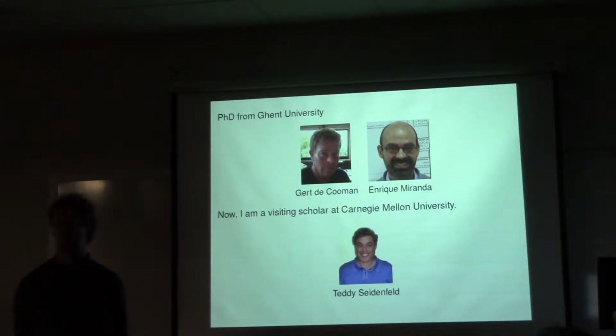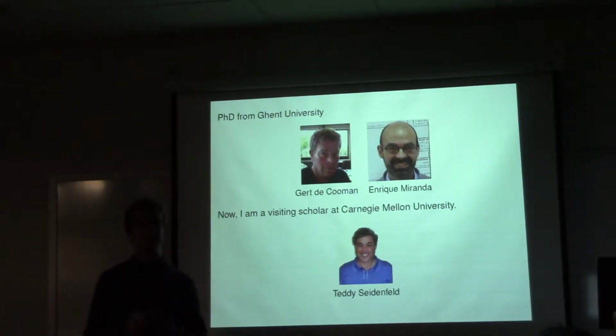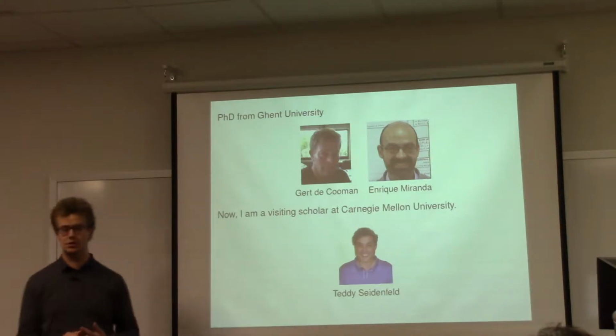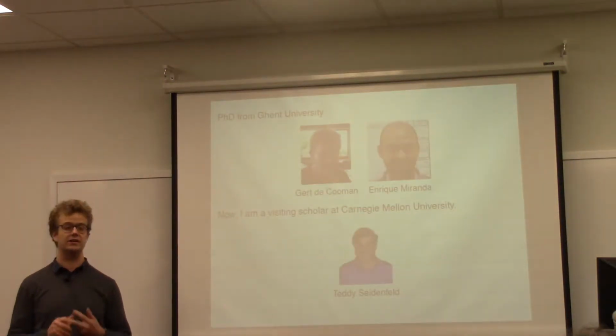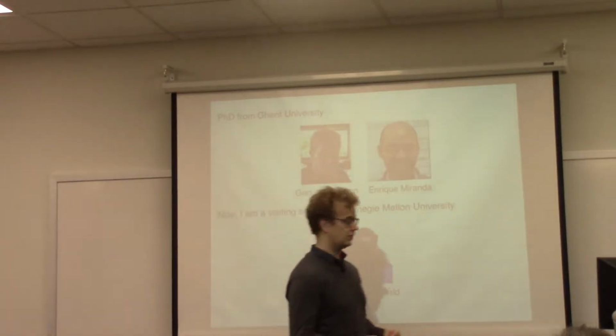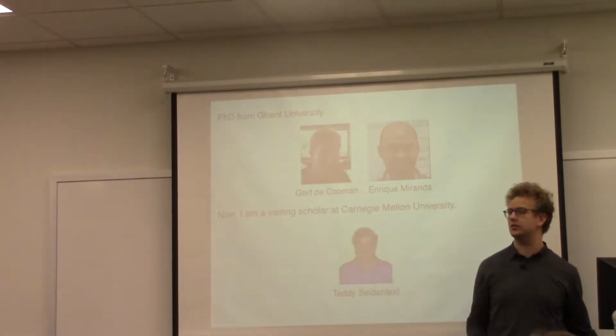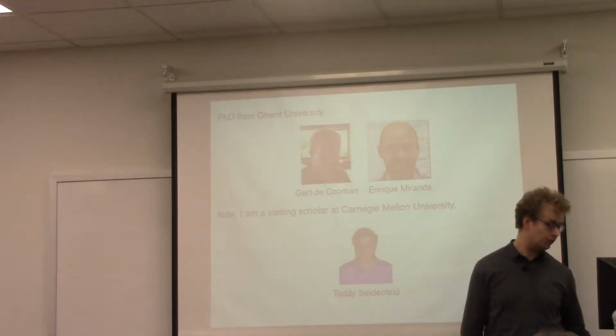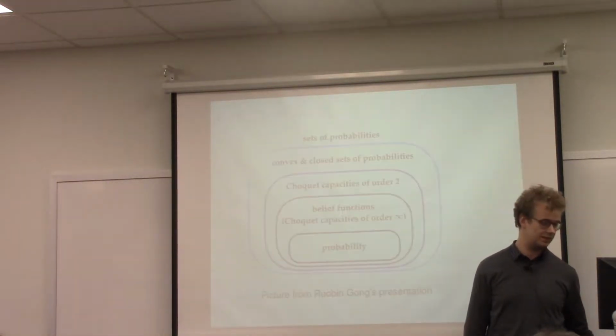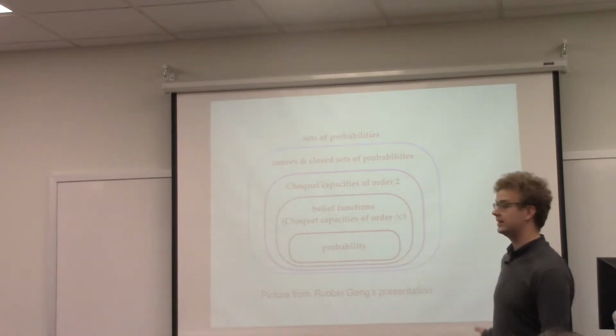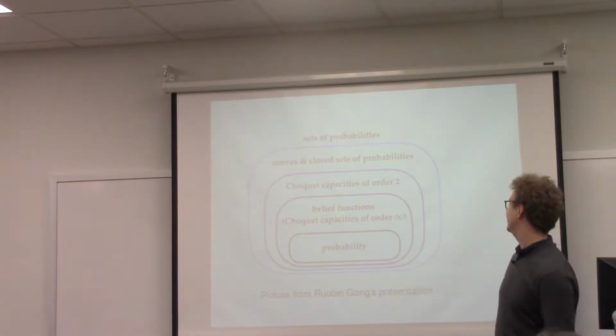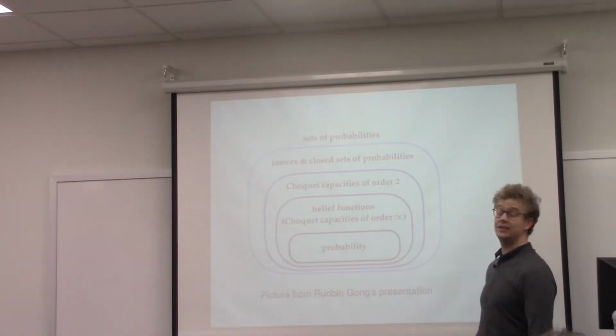So now, what do I want to talk to you about today? I want to talk about choice functions, and an important special case of it, sets of desirable gambles. I want to argue that choice functions and sets of desirable gambles are very elegant, intuitive, and simple models to describe your uncertainty. So they are very easy to work with. In order to put this in perspective with the other theories of imprecise probabilities, I used the picture from Robin Gong's presentation last month, with her permission. This was in her introduction.